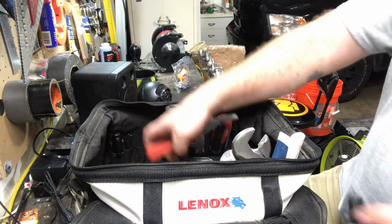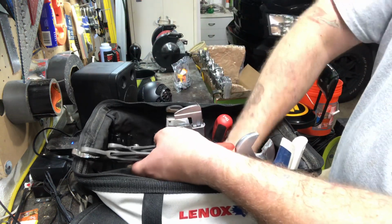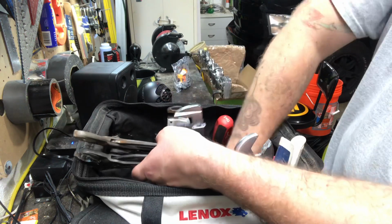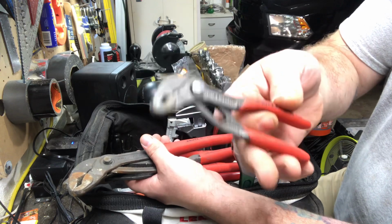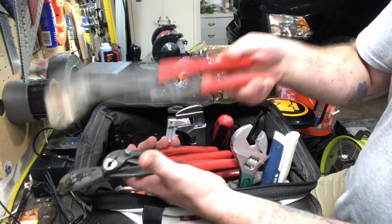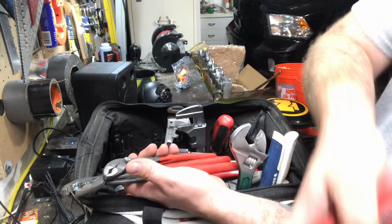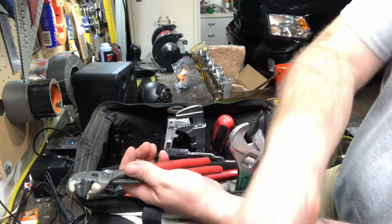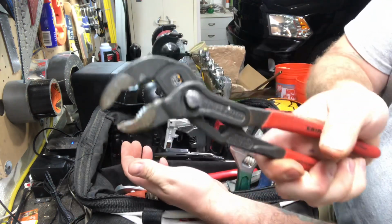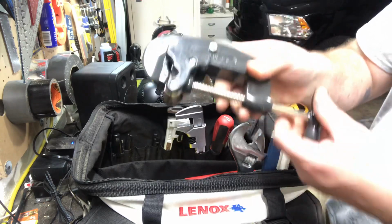Alright. Now we have the Knipex pliers, which have been awesome. Even these little guys, you know, they come in handy. Knipex. I gotta say, I do like them. Very nice. This one's a cheapy